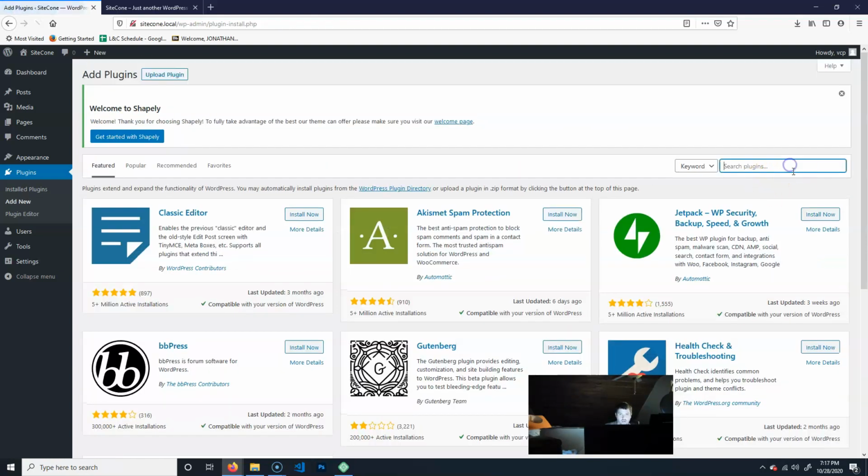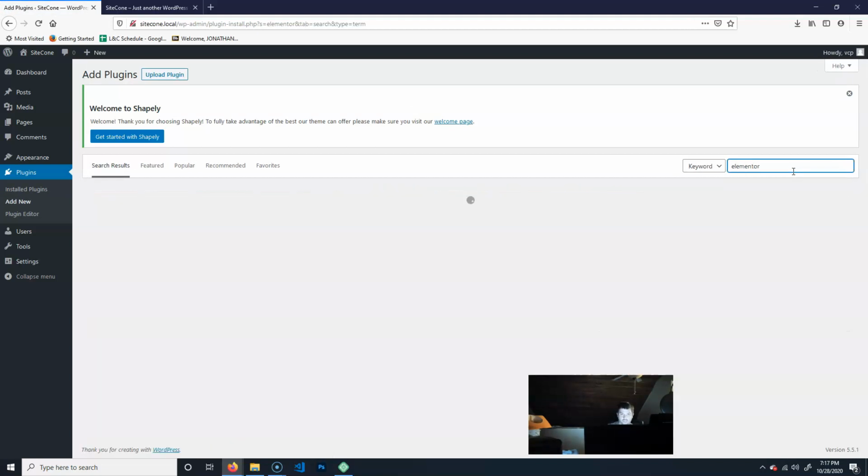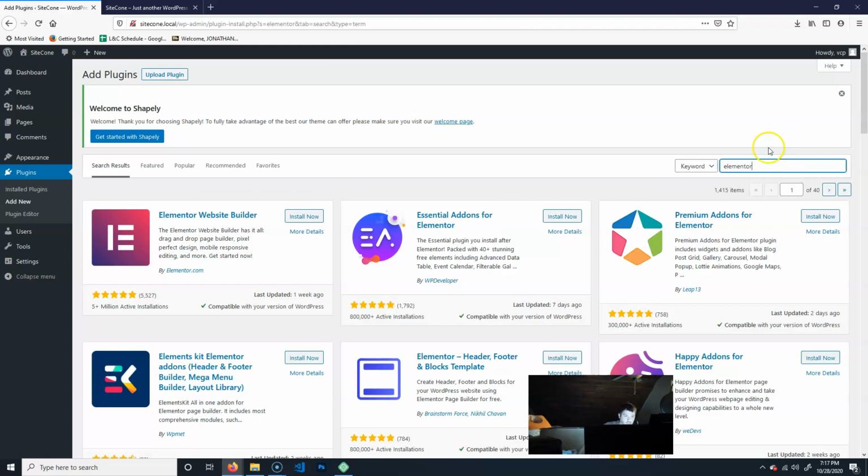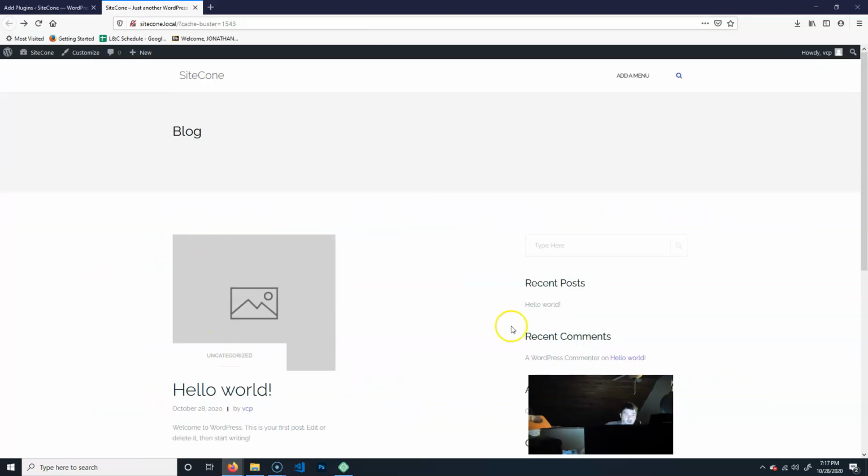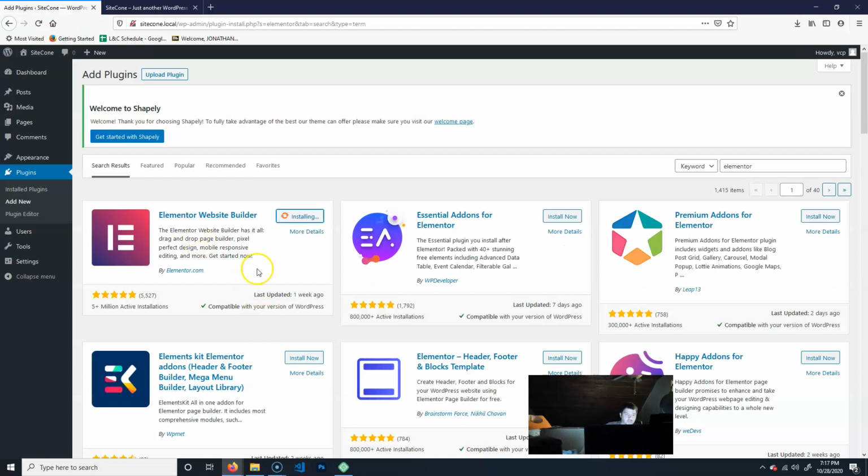And this one we're going to add is called Elementor. All right, and you can see it's got 5+ million installs. Okay, so I'm going to hit install. It's going to take a little bit longer. So what this one does is it allows you to make the website on the front end here, and you'll see when we start doing it. I don't think I'm going to do it this class. We'll do it next class, but